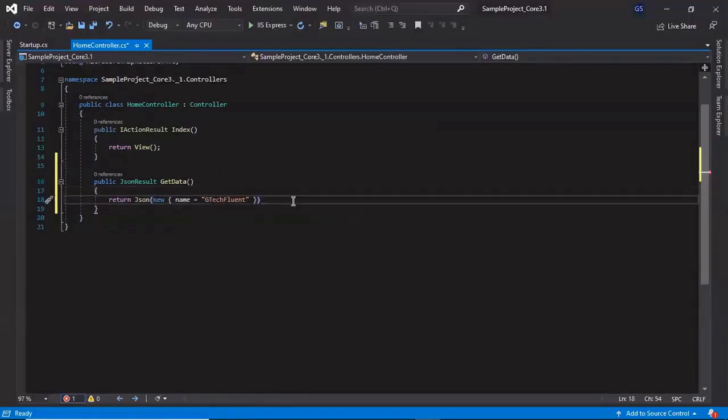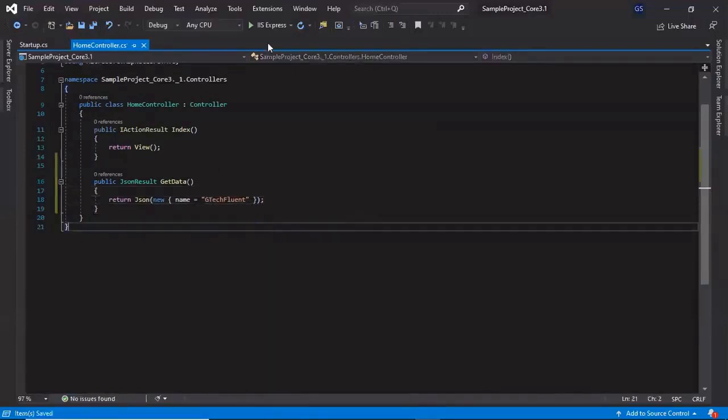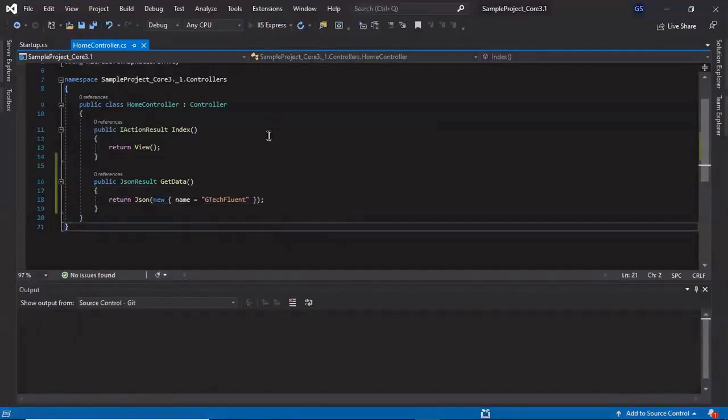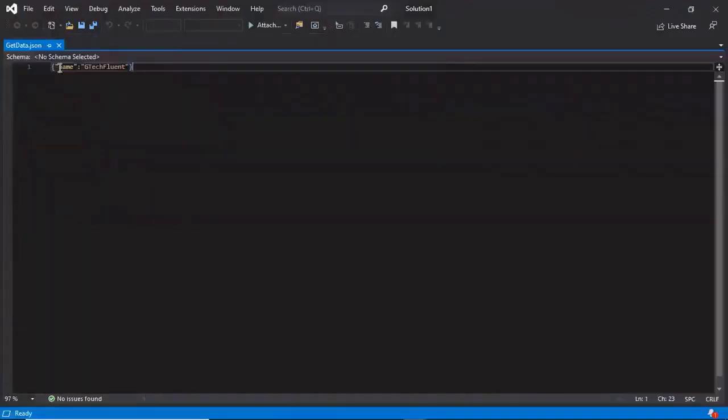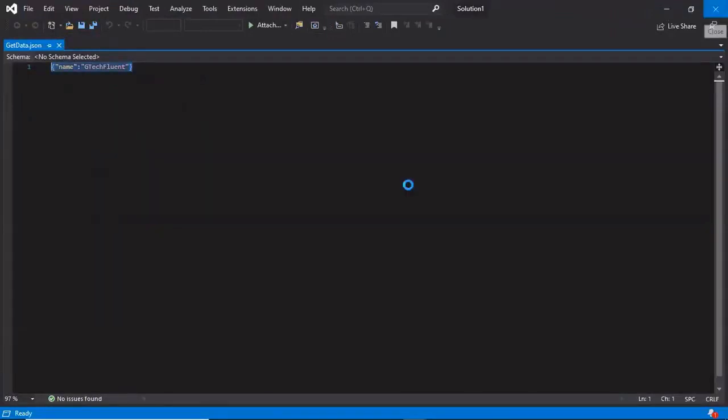Okay, so let's run our application and see. Okay, our view is loading, and let's access the JSON data. So home/getdata. Okay, so we are getting the JSON data from our new action. So let's close this.